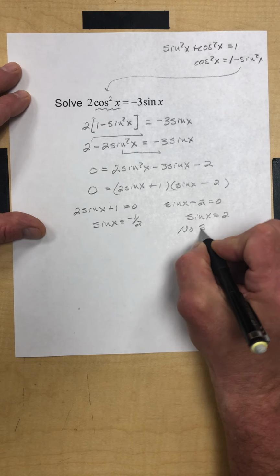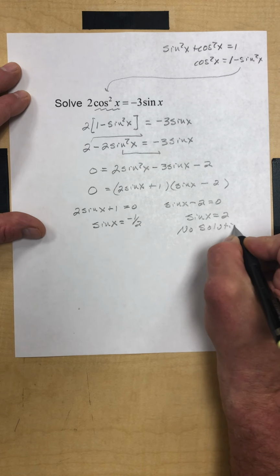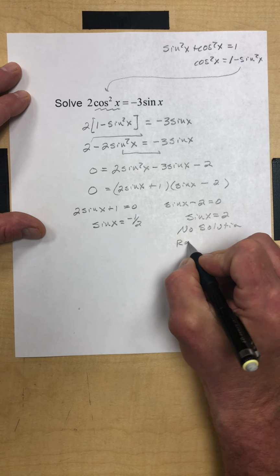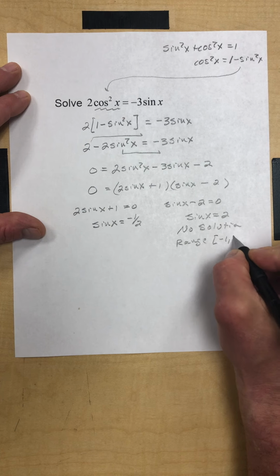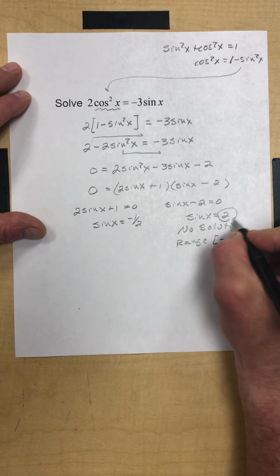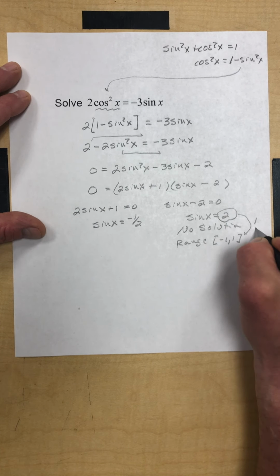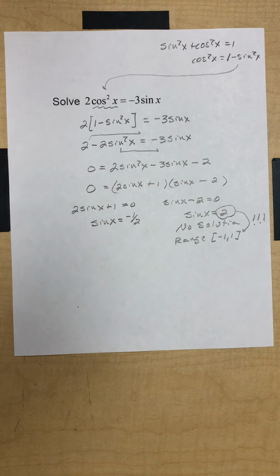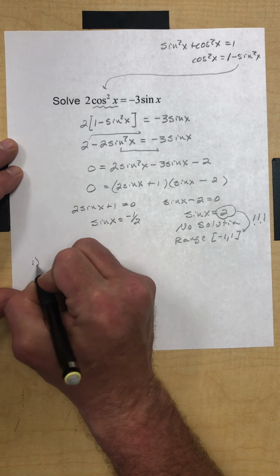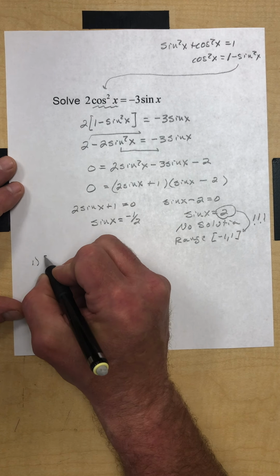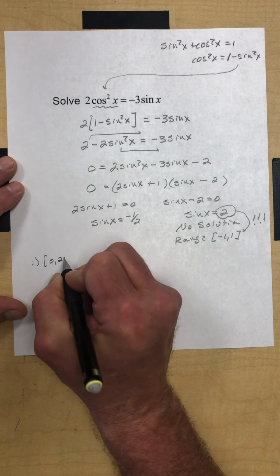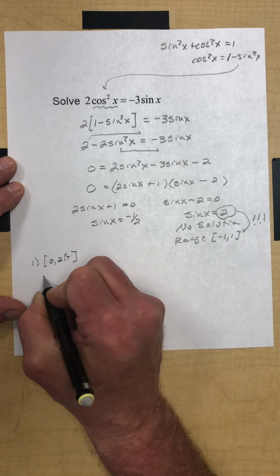This gives you no solution, because remember, our range of sine and cosine goes from negative 1 to positive 1, and this guy is not in there. So that gives us no solution. So let's see, if we go to 0 to 2 pi,